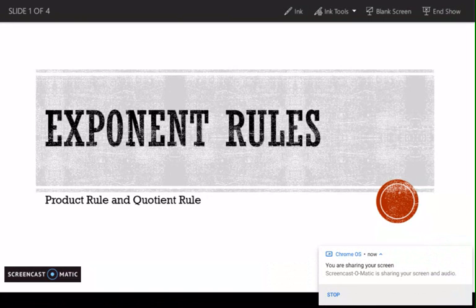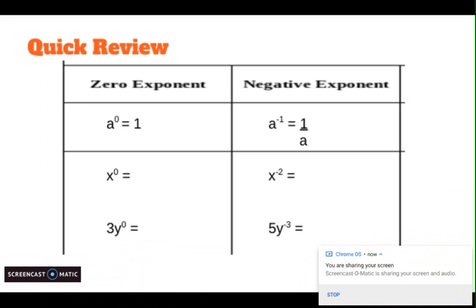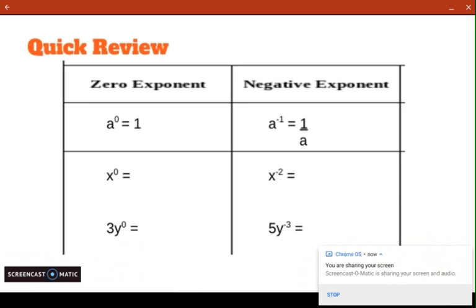We're going to talk about exponent rules here. Specifically, we're going to focus on the product rule and the quotient rule. Before we get into all that, we're going to do some review on the zero rule and the negative rule